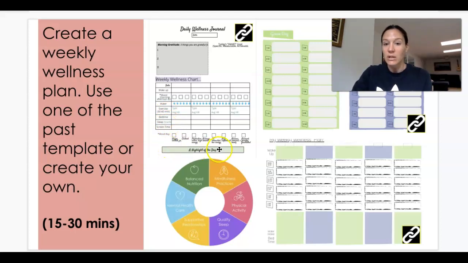It includes an area to put a highlight of the day, and then the pages after this include a spot for gratitude, SMART goals, and maybe some reflection if you so choose. So this is an option that you can use by clicking on the image or clicking on the link. And then we have our green and purple day model as well as our weekly schedule here. Links to these templates are included by clicking the image, or you can click on the link